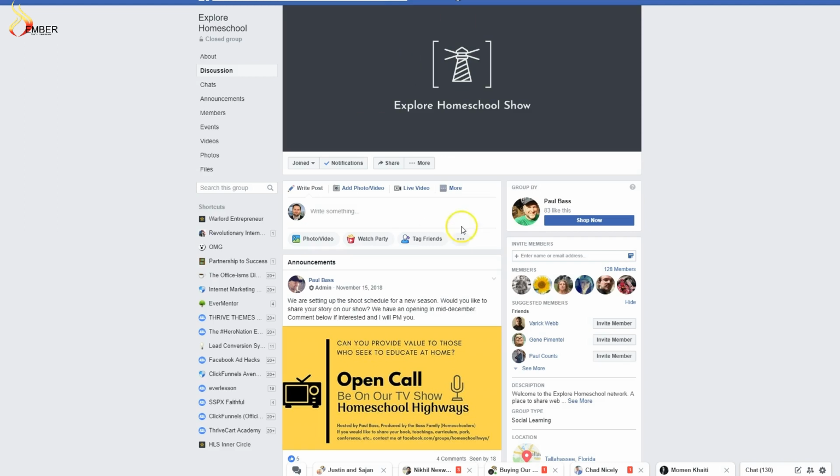So if you post here right now, or especially if you're the group admin and you post something in here, you're gonna get on people's newsfeeds. It's gonna happen. And so the way you need to think about this now is basically the same way you would think of an email autoresponder. Not in terms of the effect, because an email autoresponder is a one-way conversation, but in terms of the responsibility on your part. You really need to be posting regularly, just like you would broadcast to an email list regularly, because you don't want them to forget that you exist and lose your interactions and your open rates. Same thing applies for a Facebook group.